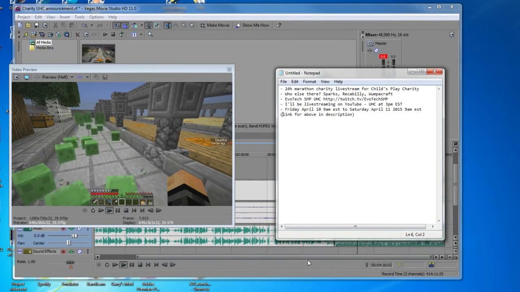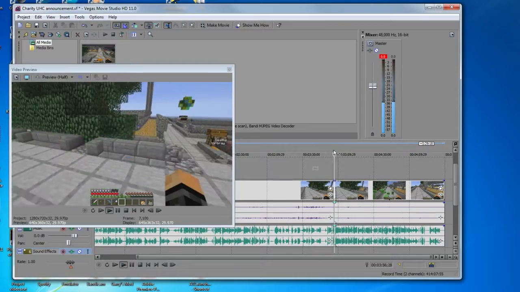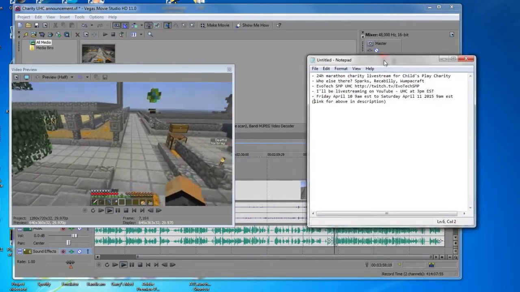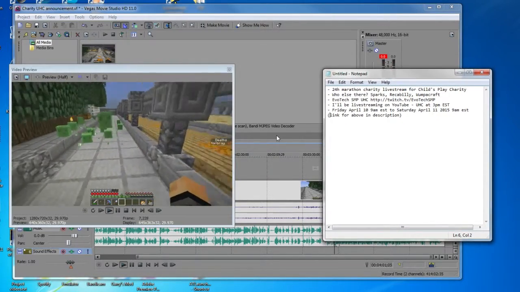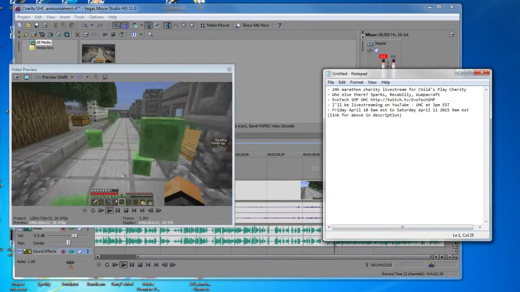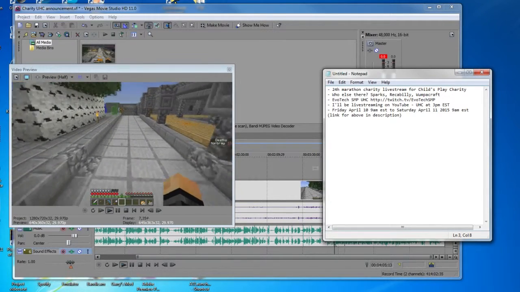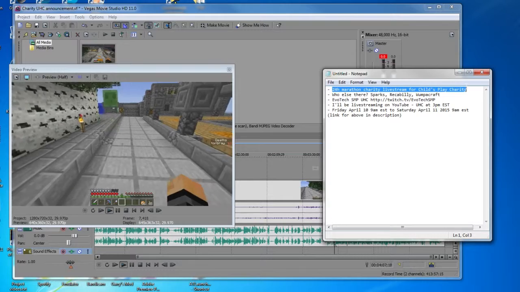But I will be participating in a UHC at 3 PM. Didn't realise that you couldn't see it. I've got it on my second monitor, but I'm recording one monitor. From EvoTech SMP. They are going to be hosting a 24-hour marathon charity live stream for Child's Play charity, and